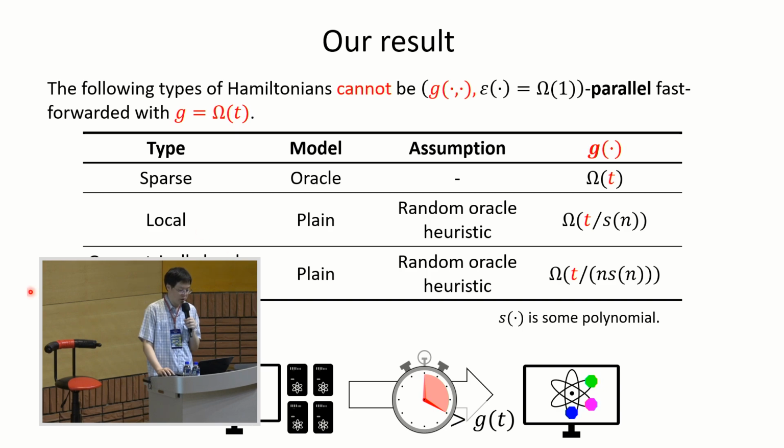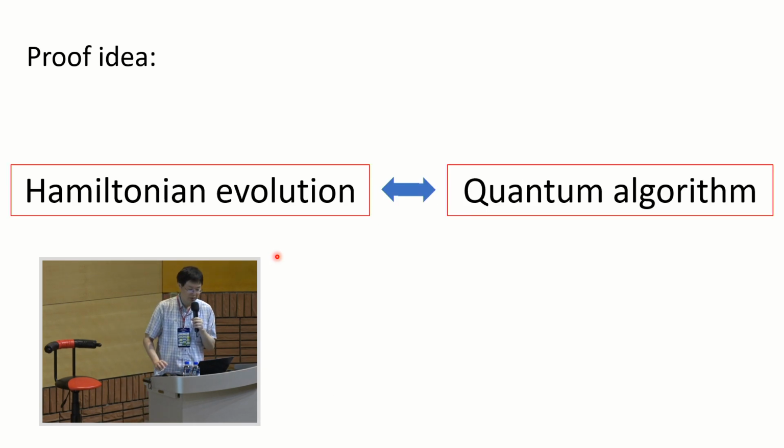Local and geometrically local Hamiltonian, or says plane model. Okay, but in plane model we have HR assumption. Okay. So then finally we go to the proof ideas, and the proof idea uses some